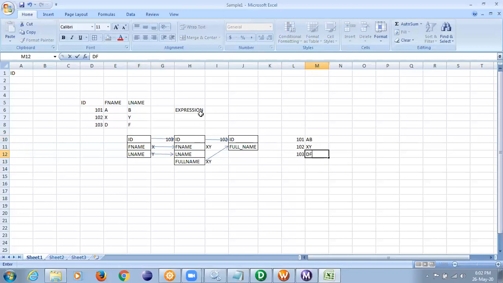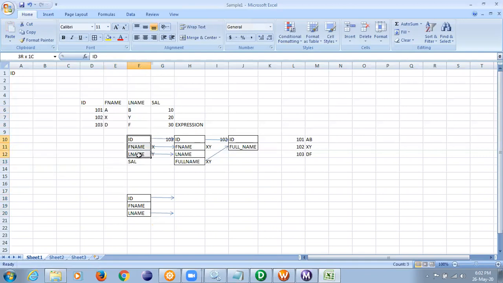I'll explain again more details about the expression transformation next. I am explaining 2-3 concepts, so please understand very, very thoroughly. It is very important. Now, suppose I have another column as salary: 10, 20, 30. Same source. I'll write salary also for your reference, so you don't have doubt in that. So I have salary here.